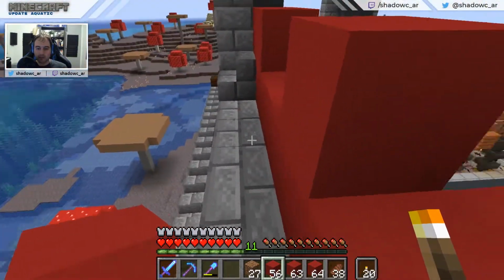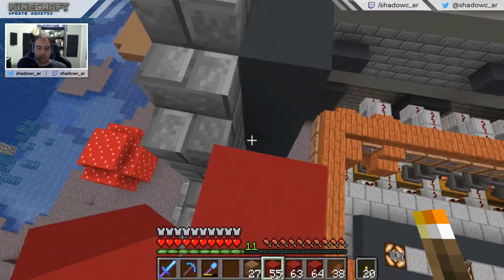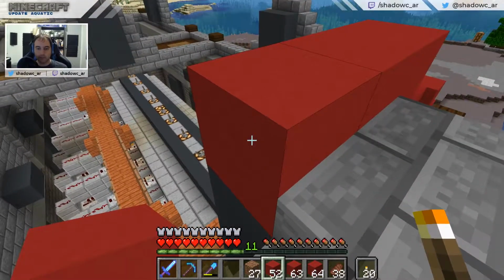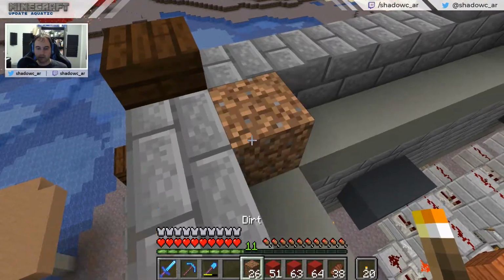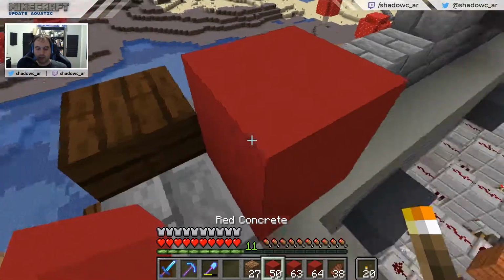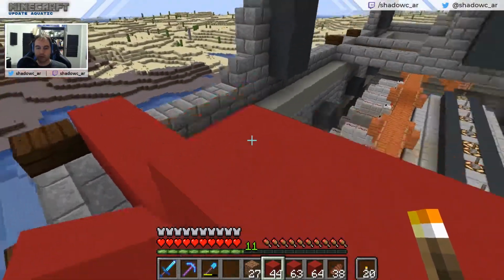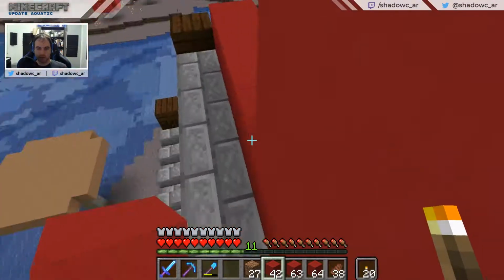Try to draw some shape, and that's going to take me some time here. The problem with this is that it's not easy for me unless I go on and off into spectator, which I don't want to do because I want to show how this is done in survival. It's going to be really hard for me to get the shape right because I'm going to have to do a lot of back and forth. But some of what I need to do